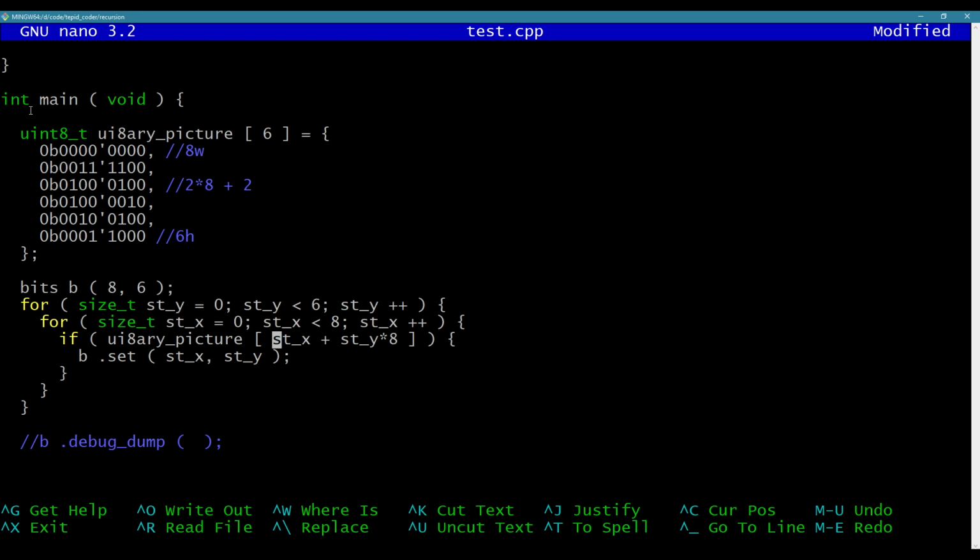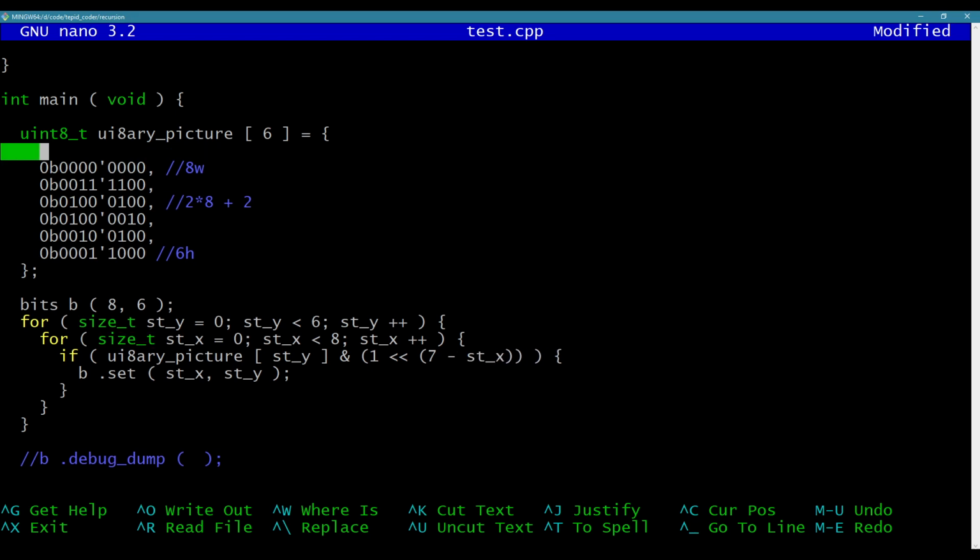Instead of saying we want the x position as the byte plus the row number by getting the number of bytes in a row times the y position, it's literally just the y position. That's the byte we're accessing. And the x is going to reference the bit within that byte. So I'm going to say and 1, and we're going to shift it left by x, except I need to subtract it from 7. And that's because when I'm writing this, you can imagine this as being like the 128th place. This would be the 64th place, the 32nd, the 16th, the 8th, the 4th, the 2nd, and the 1st place,